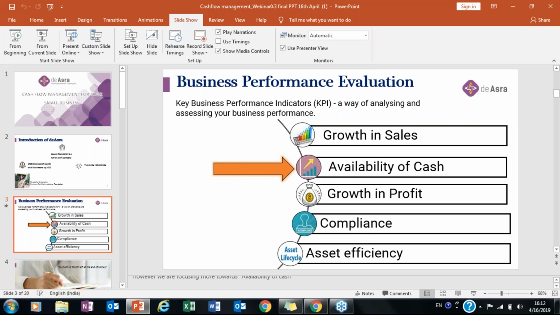Lastly is asset efficiency. Now, what is asset efficiency? Asset efficiency means that all the assets, the tangible things, your machinery or your equipment, everything is used efficiently in the business. Let's say you have a tailoring business and you have four machines in your outlet and only two are being used. That means the remaining two are not efficiently used, or there is not so much work that you can put them to use.